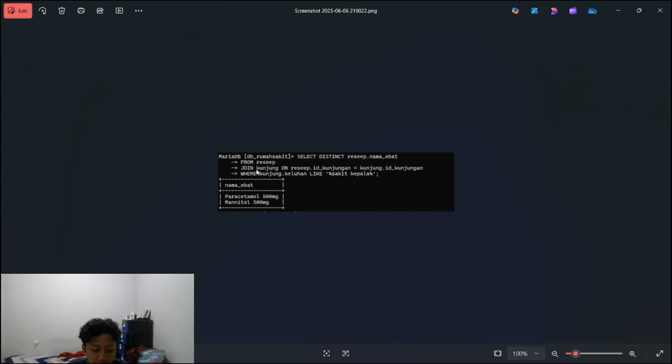This part is joined with the visit table to get the patient complaint based on the visit ID. This part filters the data to only display visits whose complaint contains the word headache. The LIKE with the wildcard allows matching the word within a longer sentence.